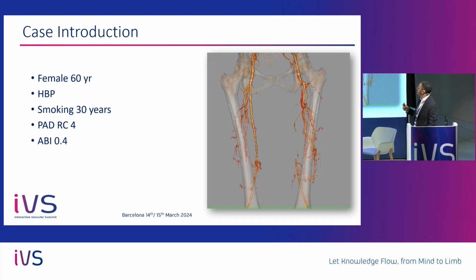It's a female, 76 years old. She has a history of high blood pressure, smoking for more than 30 years, and she came to us with rest ischemic pain in her left foot. She had an ABI of 0.4 and, on physical examination, no pulse in the tibial and popliteal artery. So we performed this angio-CT. As you can see, she has ostial occlusion and a very long occlusion in the SFA. And for that reason, we planned to do